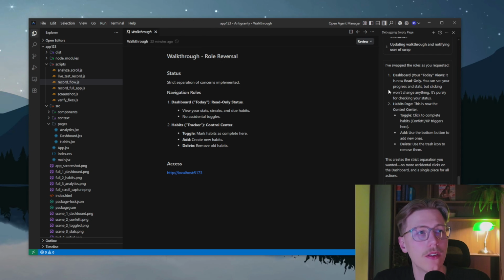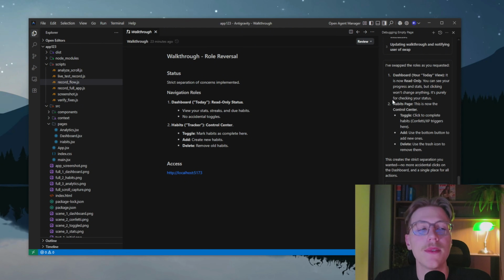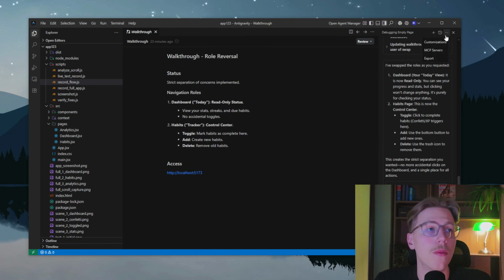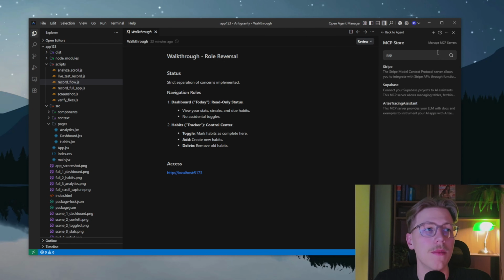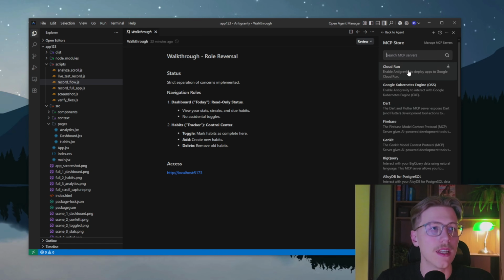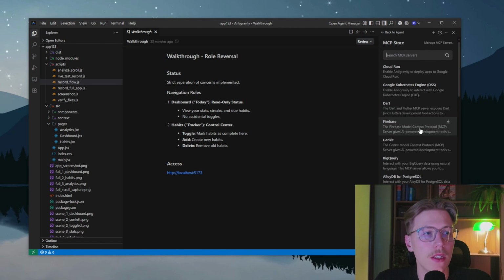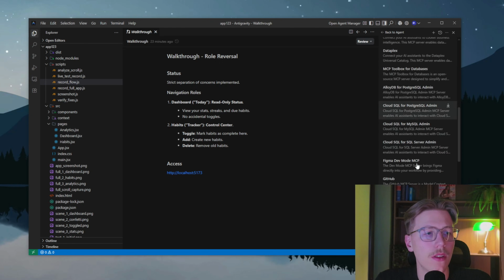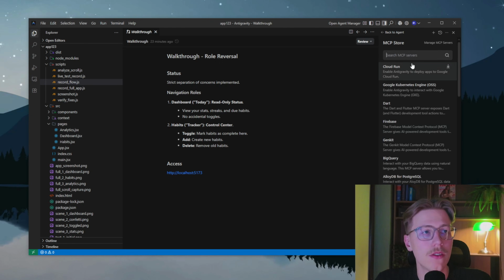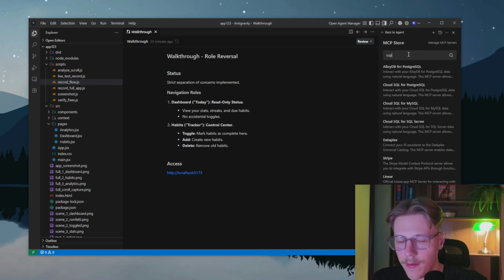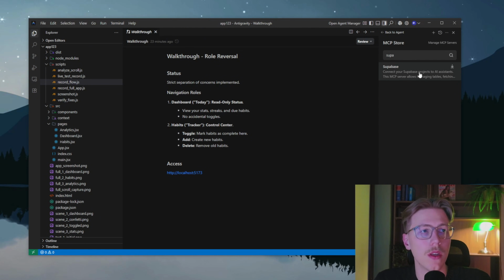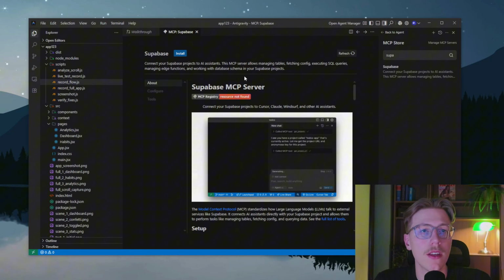The next thing I would like to notice you is the AntiGravity has MCP servers. So for example, if I click on these three little dots on the top corner, and if I click on the MCP servers, as you can see, we have different MCP servers. For example, Cloud Run, Dart, Firebase for the backend, and all of the other cool things. So let's just say we want to have a Supabase. So if we write the Supabase and if we click on it, as you can see, I can install it